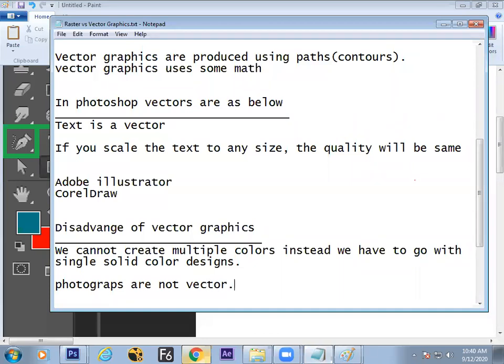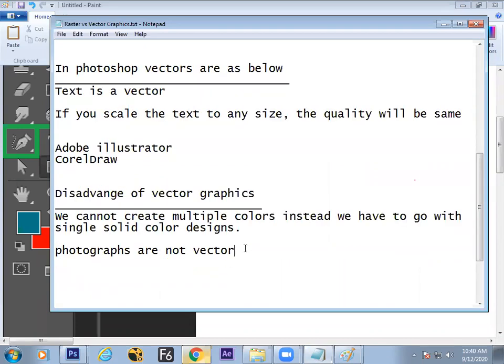Photographs are not vector. So when you want to combine vector graphics with raster, you have to decide your quality. If you have to choose a high quality photograph, you have to choose a high quality photograph when you are working with vector graphics. If you take a low resolution image and put it into vector graphics, that will be a problem again.